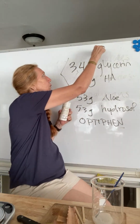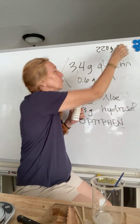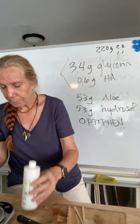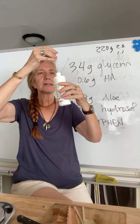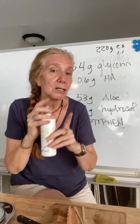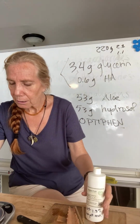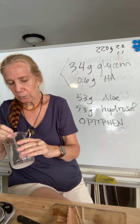220 grams total. So that would be 2.2 grams would be 1%, so 1.1 grams would be 0.5%. So I'm going to add, and actually, more accurate than that, I'm going to do 1.5 mils, because generally liquids in grams to mils are about equal. So when you have such a small measurement, it's going to be able to disperse in here very readily and easily, and then we can mix it into your